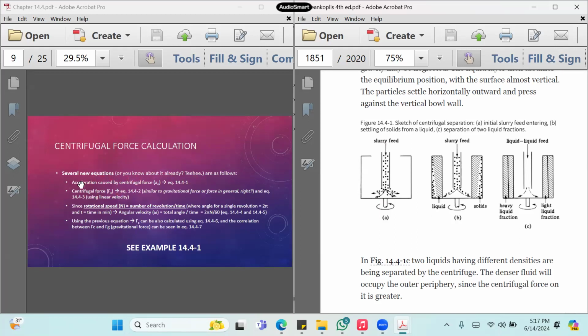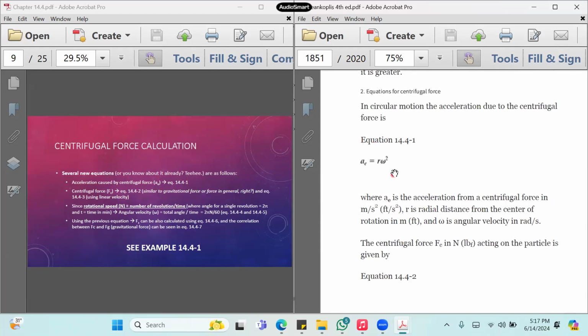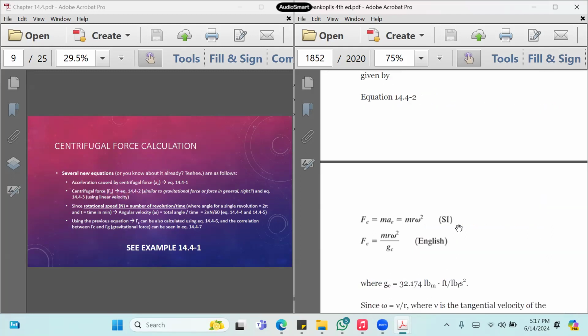Now, if we have velocity, then of course we have acceleration. We have linear velocity, we have linear acceleration, which we call a. In angular velocity, we also have angular acceleration, which we call a_e, and we can see the definition of a_e in equation 1. So this one. Now, we also have gravitational force, as in axial or linear force. However, we also have centrifugal force, or F_c.